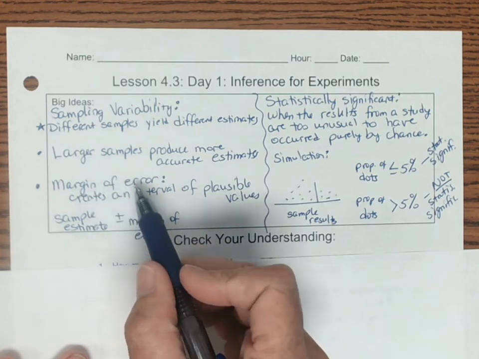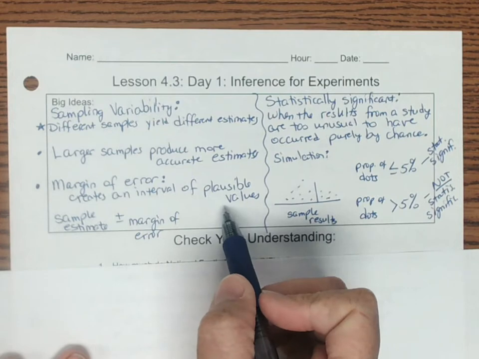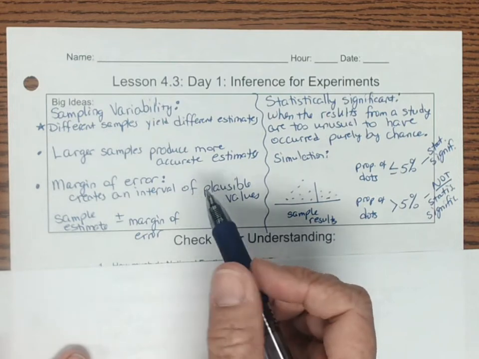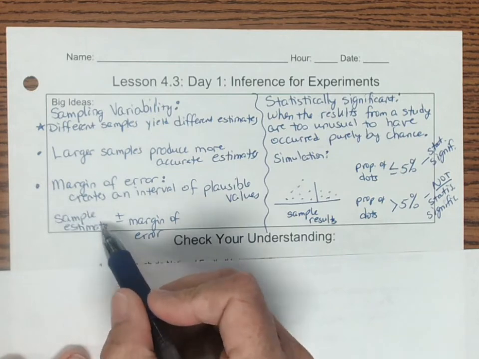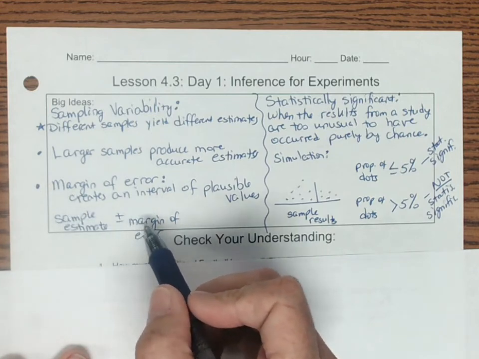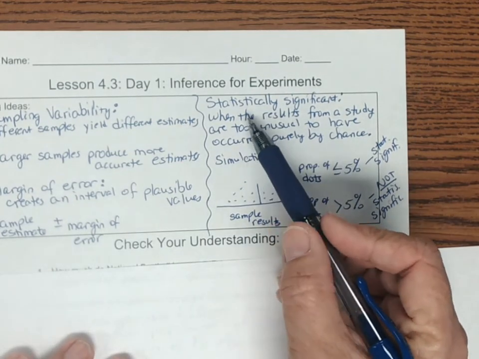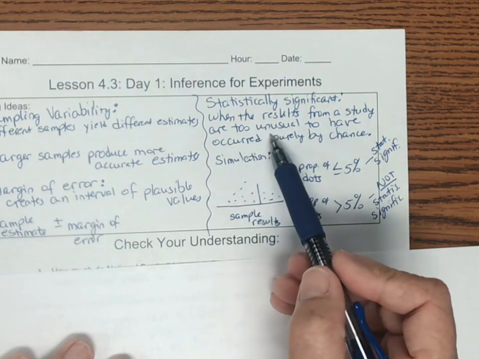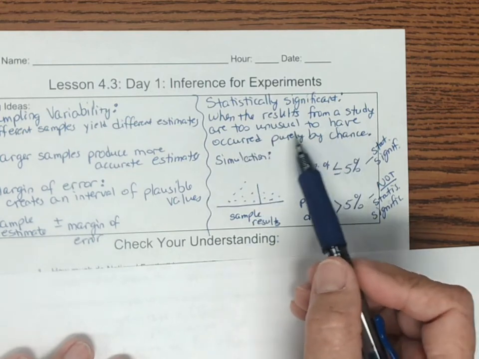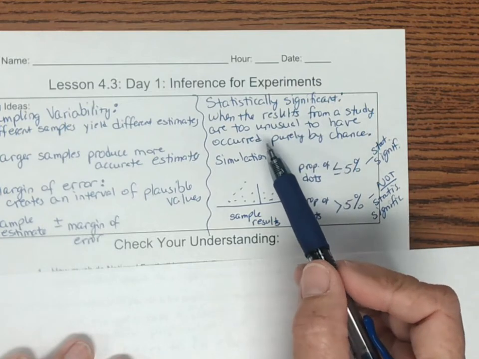We will have a margin of error, and this creates an interval of plausible values. And our margin of error is simply what you consider acceptable error. So we get our estimate from our sample, and then we will add or subtract some margin of error. The other idea that's important is statistically significant. When the results from a study are too unusual to have occurred purely by chance, typically 5% is the